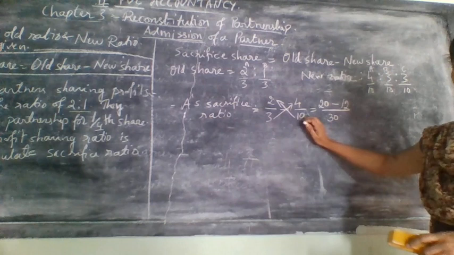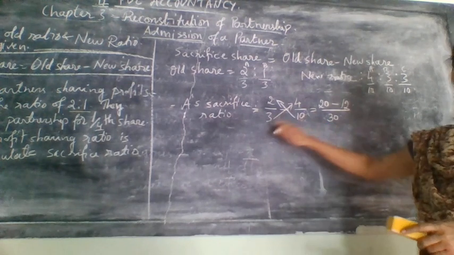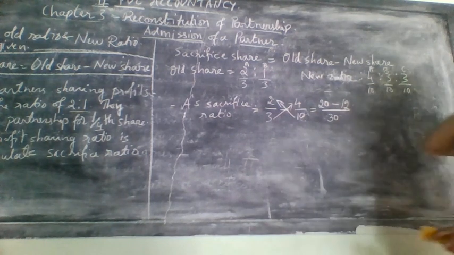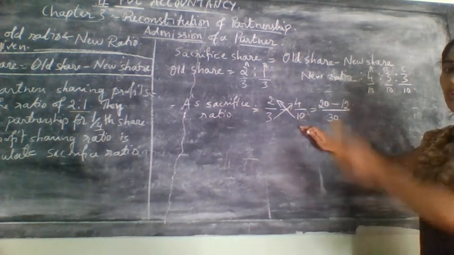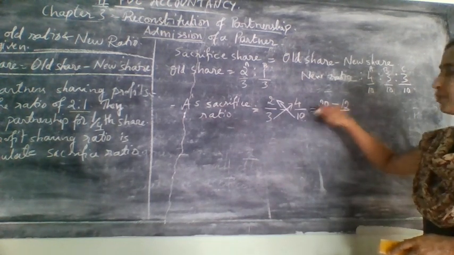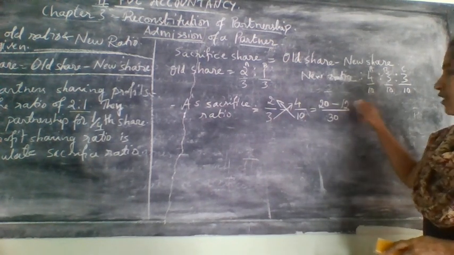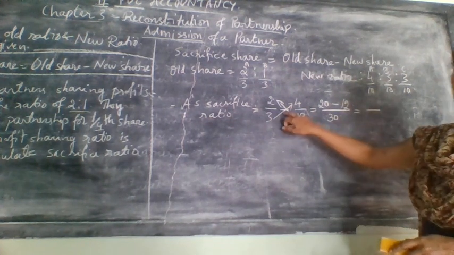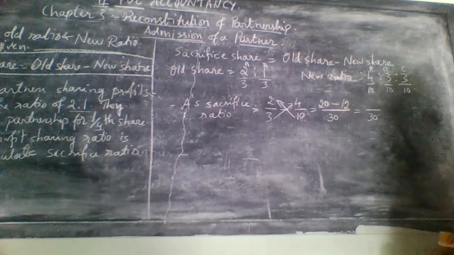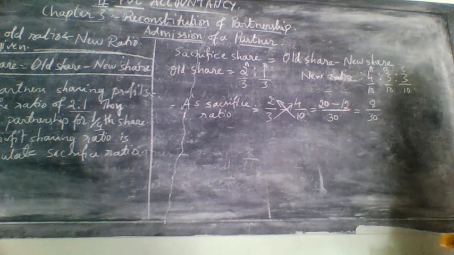How to write this? This is one method and there is one more method. So here first we will multiply the denominator with the denominator and write it here. Next, we will do cross multiplication. Cross multiplication means right to left will be the first one. 10 into 2, how much will it come, that you need to write first. Next, left to right, whatever you get, you need to write next. Now write the symbol in the middle. This is subtraction, so write minus here. So the denominator is 30. 20 minus 12, how much will it come? 8. Write 8 here. Now A's sacrifice share is over.